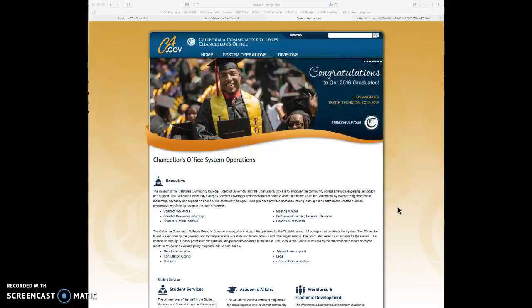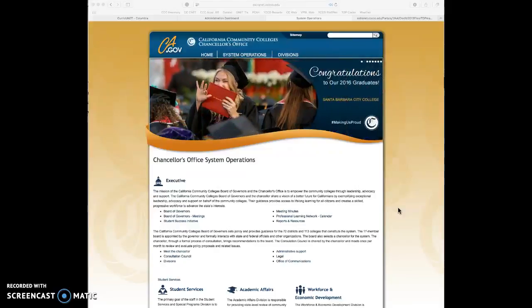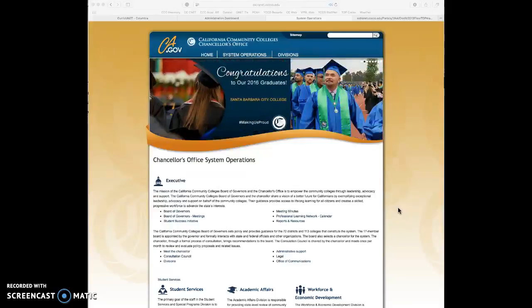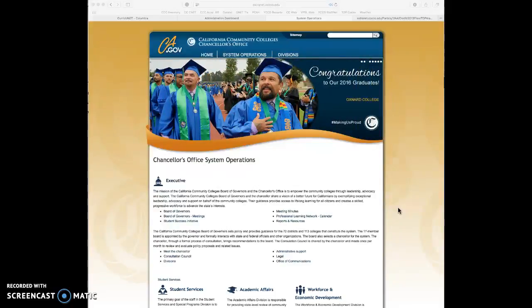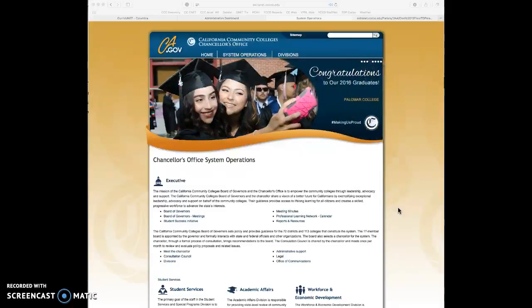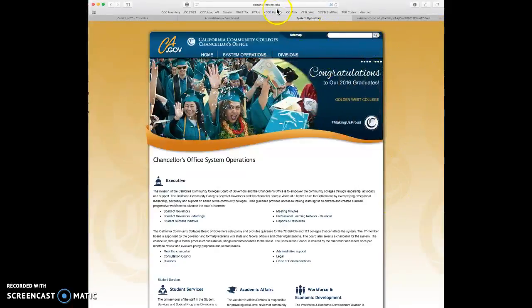First, we're going to navigate around the California Community College's Chancellor's Office website, and then I want to show you the first major resource that you'll be using that is sourced from this site, which is the Taxonomy of Programs. Here we are at the Chancellor's Office. And you can see that the website URL is